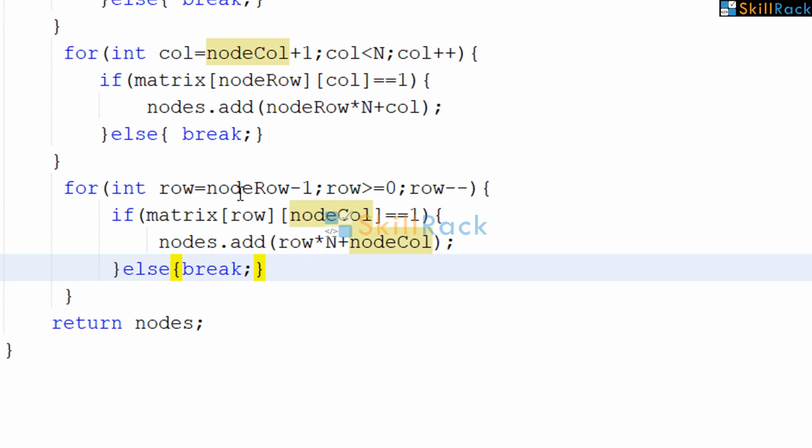So for top cells, we have row equal to node row minus 1, because it is on the top.